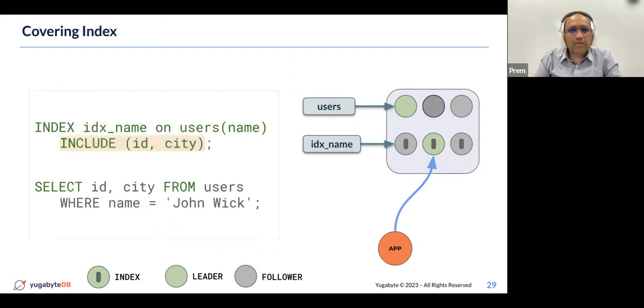It's very simple. All you have to do is include the ID and city when you define the index. So index IDX name on users, include ID and city. This automatically becomes a covering index. So now when you execute this query, select ID, city from users or star from users where name is John Wick,